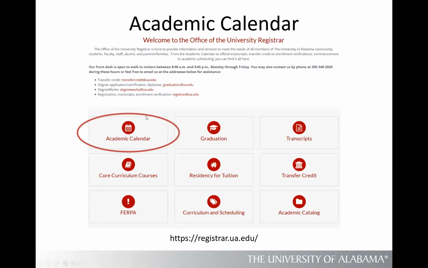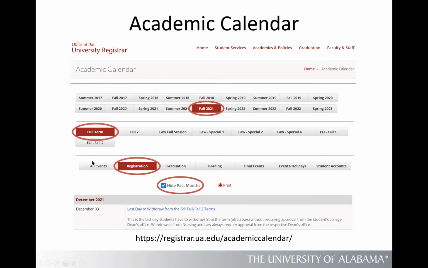Now, to reach the academic calendar, as Brian pointed out, you can get there a couple different ways. You can go to registrar.ua.edu and click on the icon there, circled in the red oval. The calendar is overseen by the Office of the University Registrar, but the various dates and other content are approved by the Office for Academic Affairs. As you can see, it's set up by terms. So we have fall, spring, and summer. This would be considered one academic year.